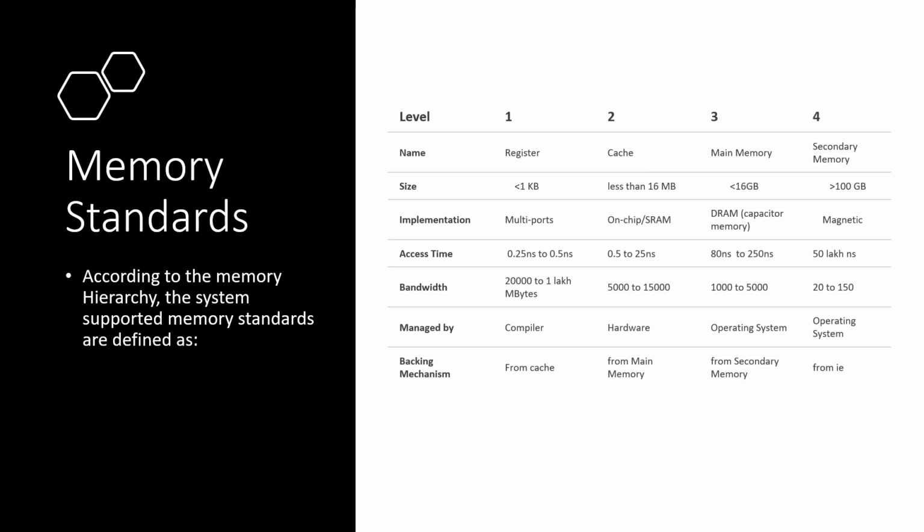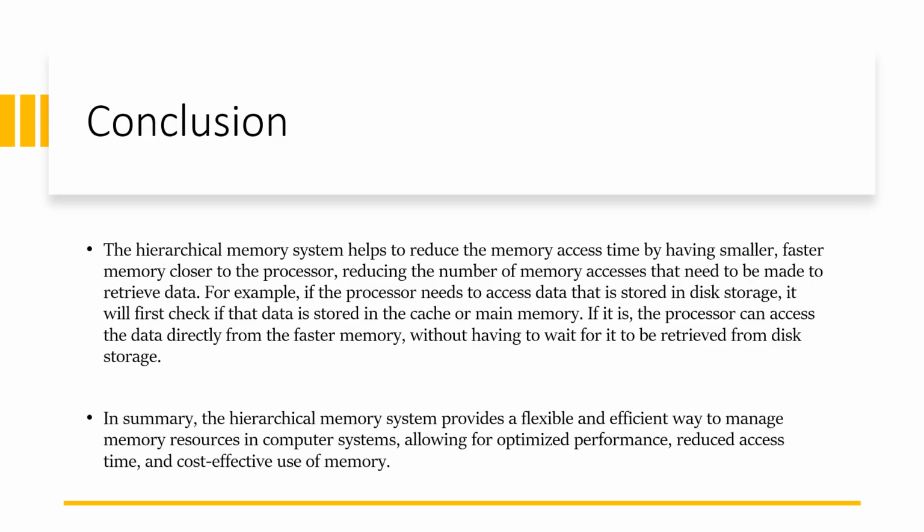Bandwidth of a register is 20,000 to 1 lakh megabytes. Cache 5,000 to 15,000. Main memory 1,000 to 5,000. Secondary memory 20 to 150. Registers are managed by the compiler, cache by hardware, main memory and secondary memory by the operating system. The backing mechanism of a register is from cache, of a cache is from main memory, of main memory from secondary memory, and secondary memory from IE. In conclusion, the hierarchical memory system helps to reduce the memory access time by having smaller, faster